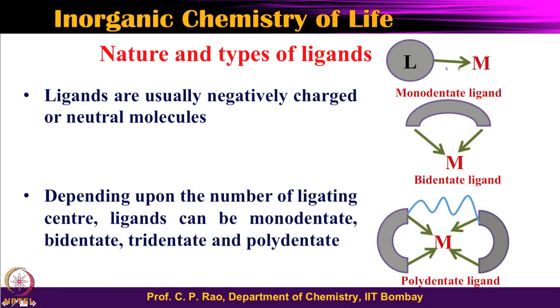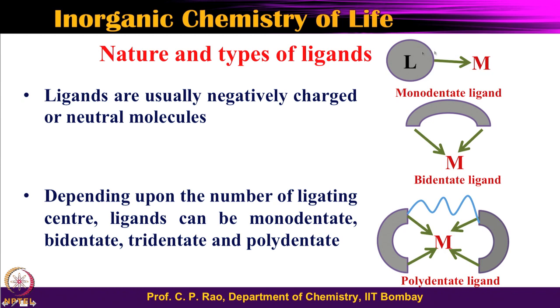So, in this what we have seen is that the ligand binds to the metal center. So, L to M, this is the ligand binding to the metal center. A ligand can be neutral, as I said, or a ligand can be anionic. There is hardly any cationic ligand, but there are some extended kinds of cationic ligands, where the charge may not be at the center where it binds but somewhere else. Such special cases, let us not worry about in this particular course.